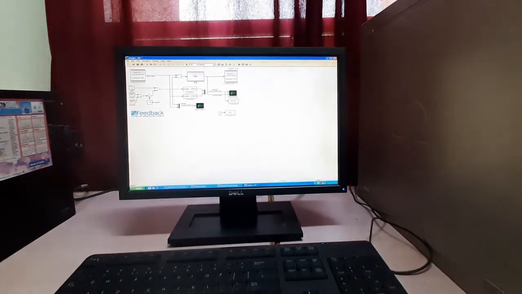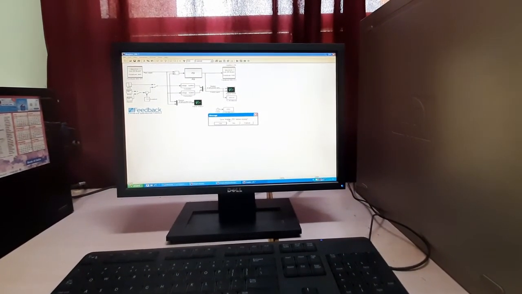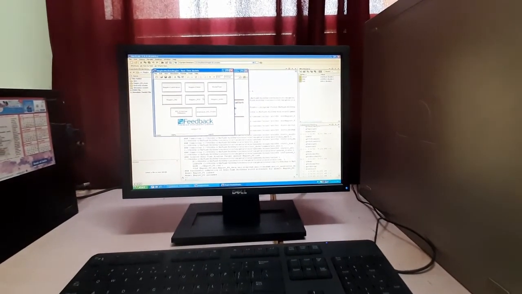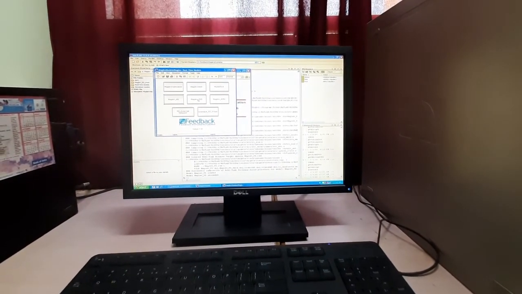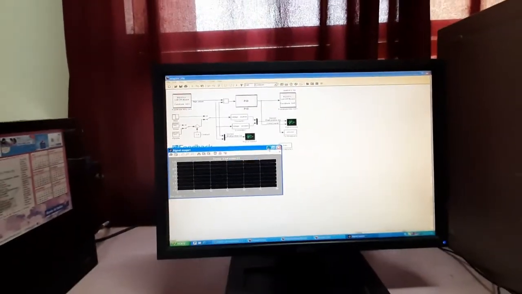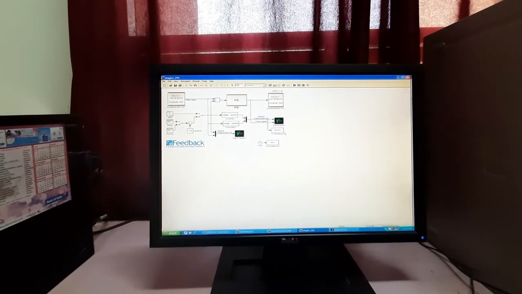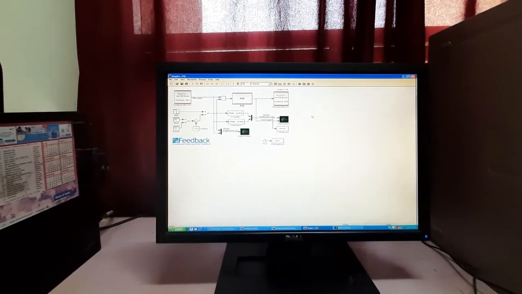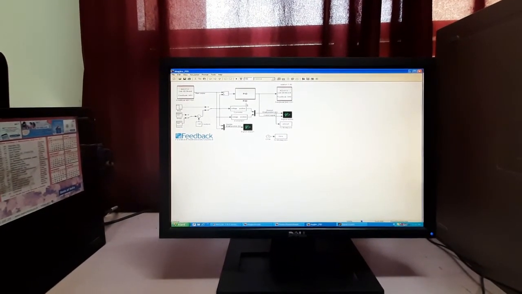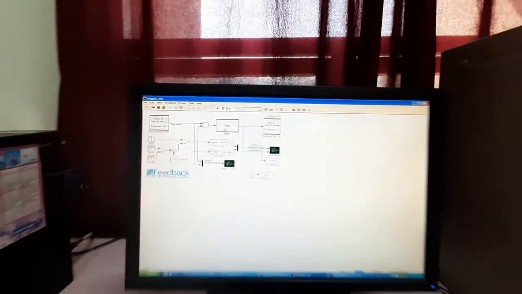Okay. Next, we have to do our real-time PID control. For that, we have to open this MagLev PID, and the same process: incremental build, then connect to target, then this play button.